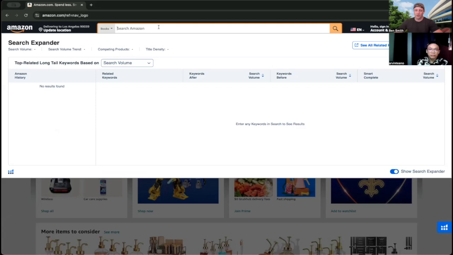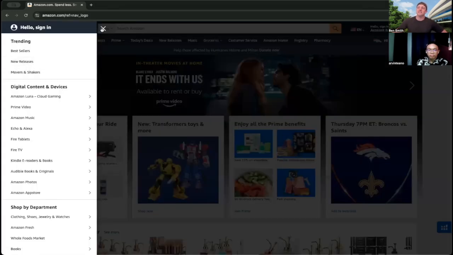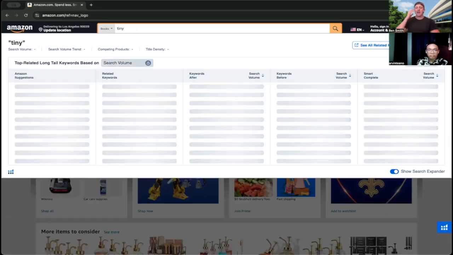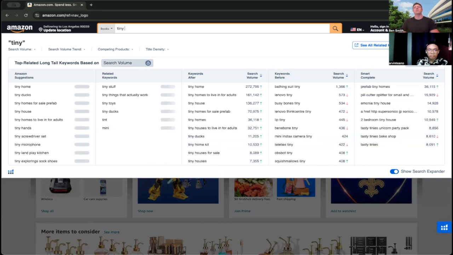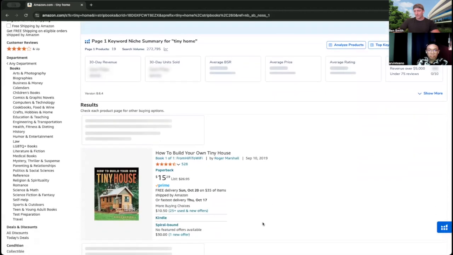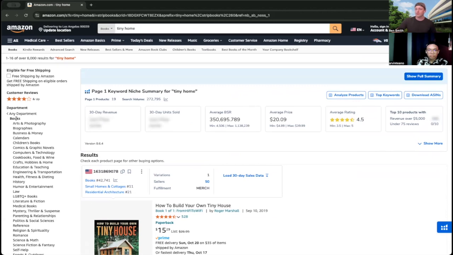Cool. So the first thing we want to do is start coming up with a list of places to start. Now, if you don't know where to start, maybe if you have an idea in mind, like I don't know, let's just pretend I've had it in my head. I maybe want to write a book about tiny homes. Okay. Let's just search tiny home in the books category. And what we're going to be looking for, first we need to start assessing if this is a good category. Now, again, if you have an idea in mind, you can start with that idea. If you don't have an idea in mind, there's something you can do pretty easy.